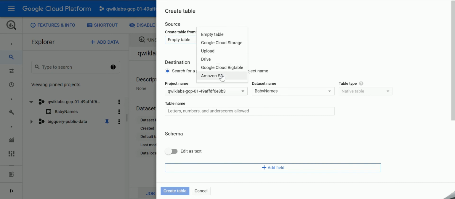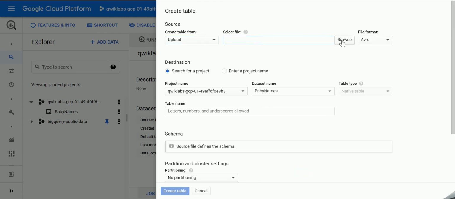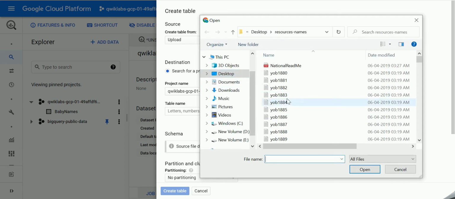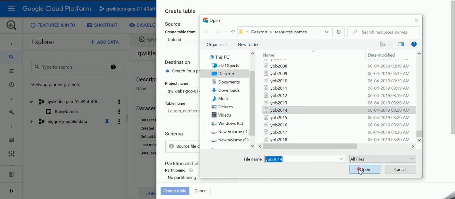There are various options for where you can upload data from, whether it is an empty table, from Google Cloud Storage, from your local device or the drive, and then Bigtable, and even Amazon S3. Now I want to upload from my local device. I have downloaded the resource file for that, which has names in various years, and I'm uploading the file from the year 2014.